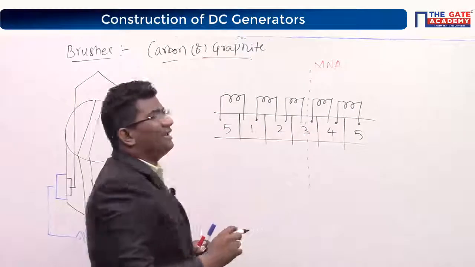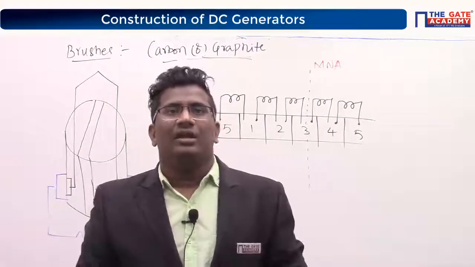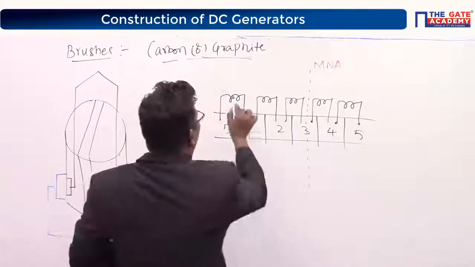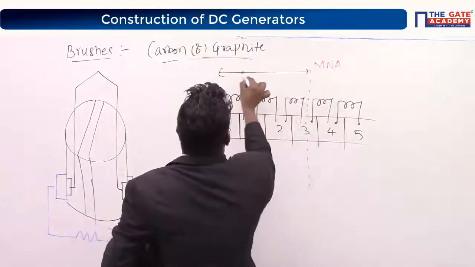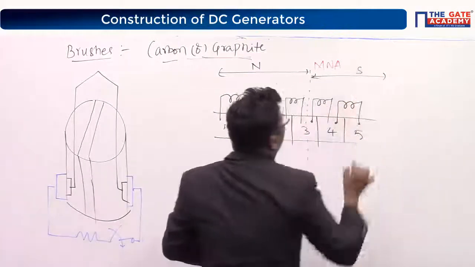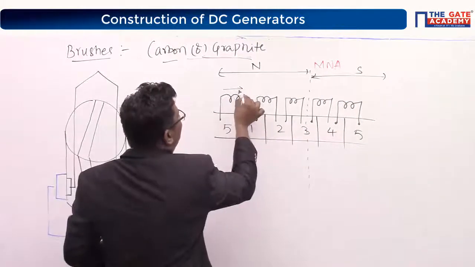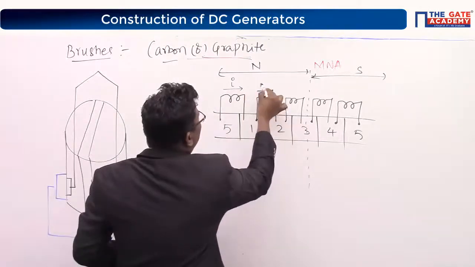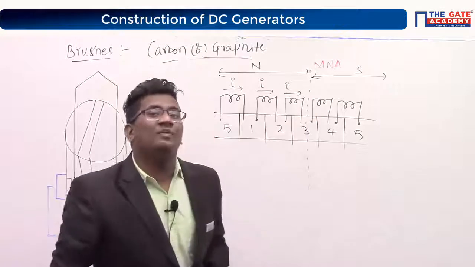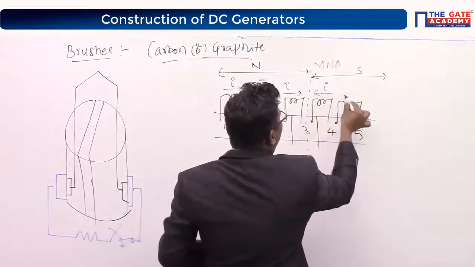Tell me, is the left side current a positive effect, negative effect or zero effect? Because from here to here, which pole effect? North pole effect, south pole effect, correct or not? Positive effect, if you are assuming current is flowing from left to right. For the south pole effect, the current is flowing from left to right.